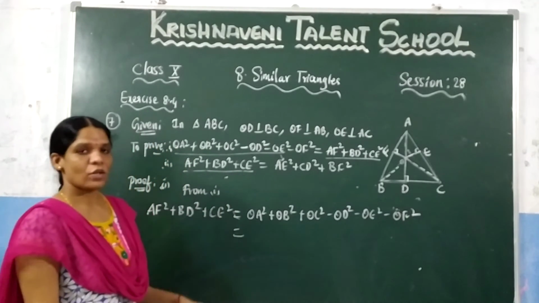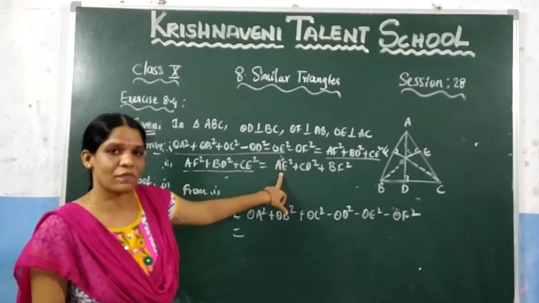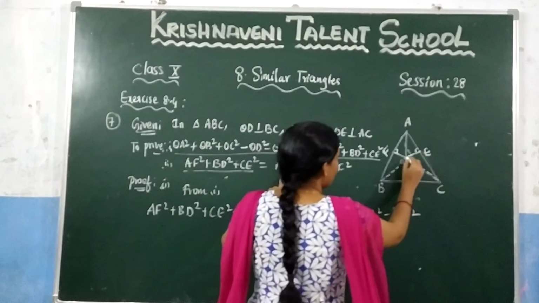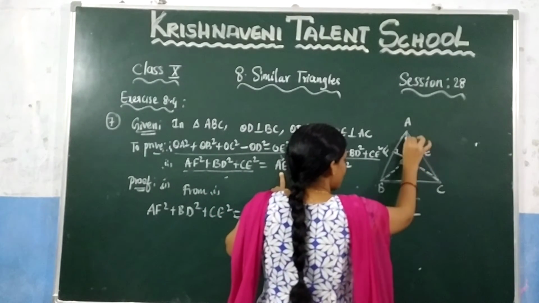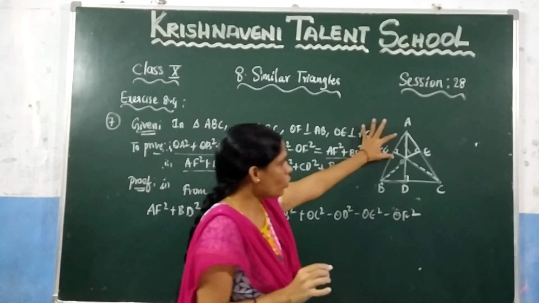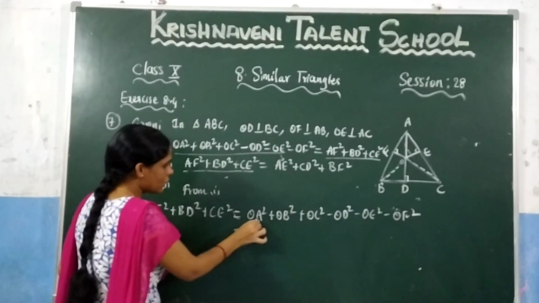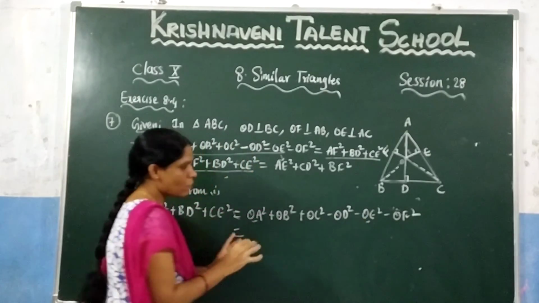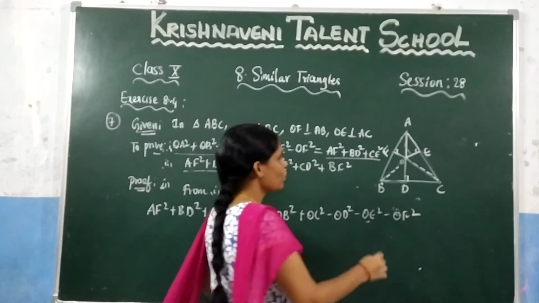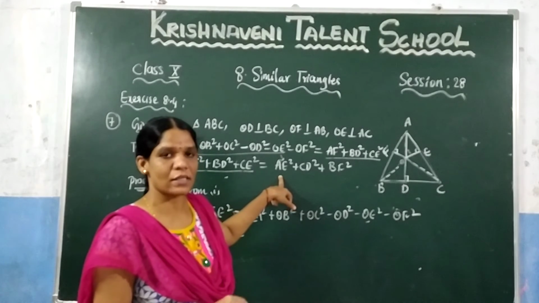Now let us see what we need to prove. We need to prove here AE square. Right? Now let us see in which triangle you have AE. You can observe in this triangle, AE is there. So you can write OA square minus OE square is equal to AE square. Right? So where is OA? This is OA and this is OE. In place of these two values you can write AE square. Why? Because you can observe AE is there. So you need to choose one right angle triangle such that AE should be there.